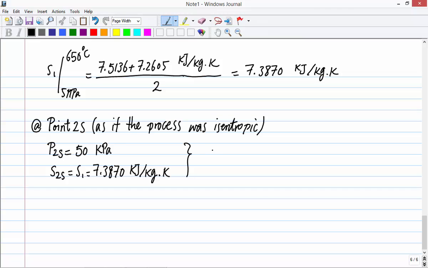So based on table A5, which is about the saturation properties, SF at 50 kPa, F means fluid, is 1.0912 kilojoule per